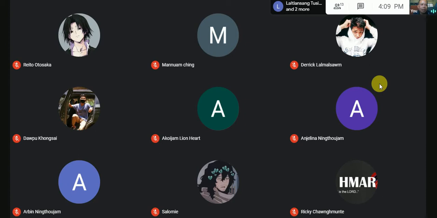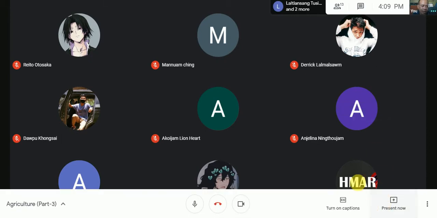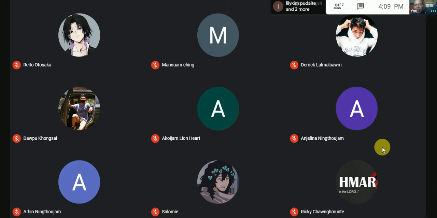Remember, we have been learning about cropping patterns, different types of crops grown in different parts of India. So we learned that there are different categories of crops like food crops and non-food crops. Among the food crops also we have cereals, oil seeds, and pulses. Today we shall start with a discussion about these